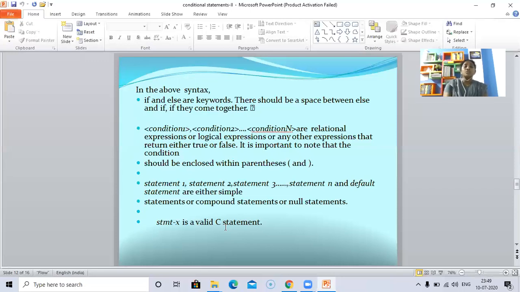It is important to note that the condition should be enclosed within parentheses. Statement 1, statement 2, statement 3 and statement n and default statements are either simple statements or compound statements or null statements. Statement X is a valid C statement.